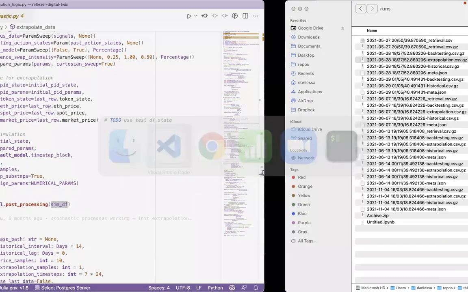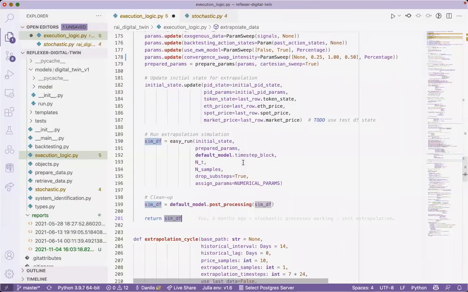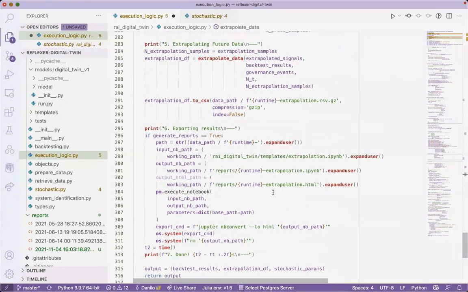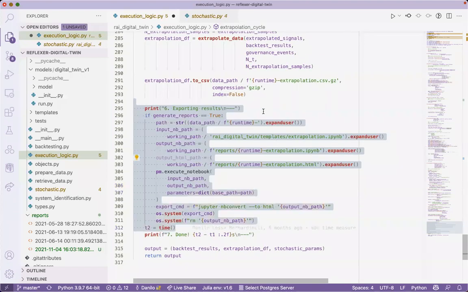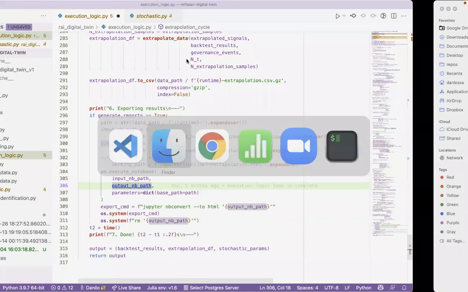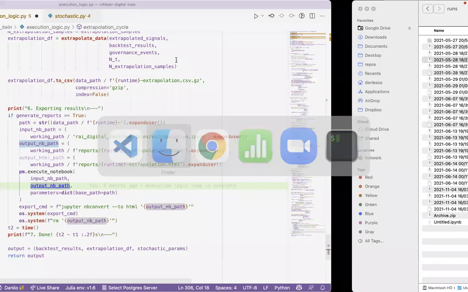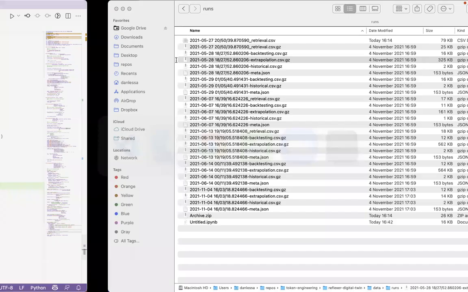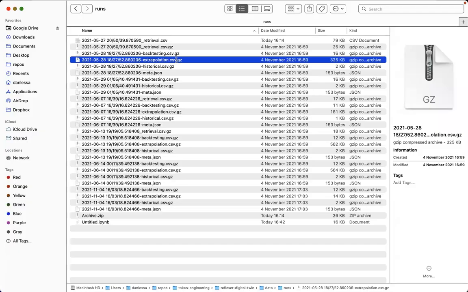And after we have extrapolated that data, we can export the results. For example, on this step it's really about this library called Papermill that allows you to execute a notebook and export it to something. Here we provide the input path and also where we are going to export. I have parameterized that notebook template so that it consumes from the extrapolation. So I do an analysis notebook that simply goes over the extrapolation, does all the visualizations that I want, and exports to an HTML file.